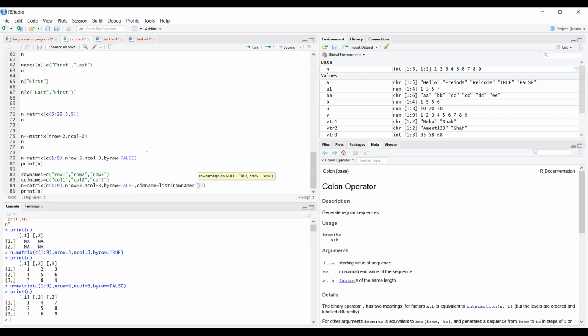So the row name will be 3, we are passing 3 because we have a 3 by 3 matrix. Then the next value is the column name, and we are passing 3 because we are using the 3 by 3 matrix.